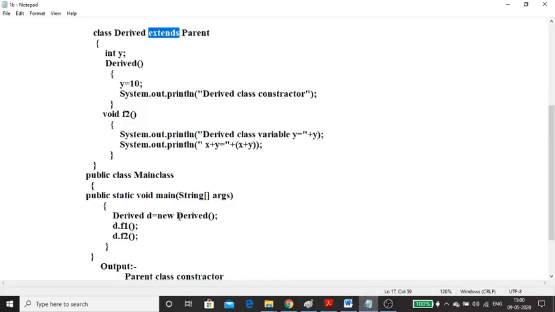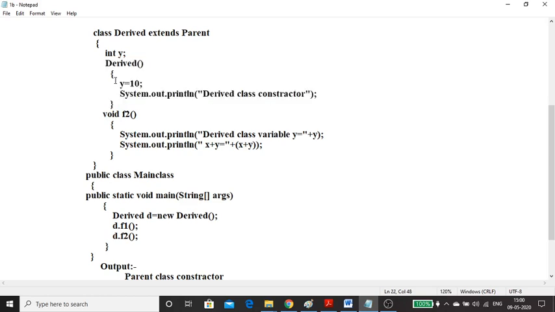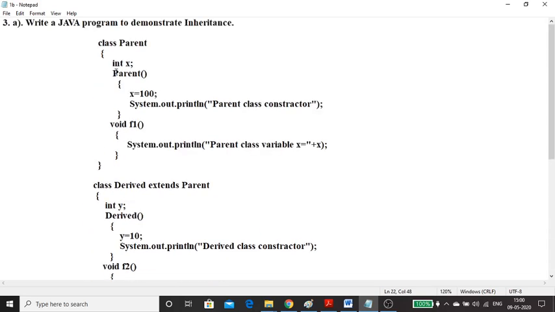Next, I'm calling the constructor. Even though I'm calling the constructor of the derived class, whenever there is inheritance, there will be a default super call that calls the constructor of the parent class. So the parent class constructor is executed first, then the derived class constructor.